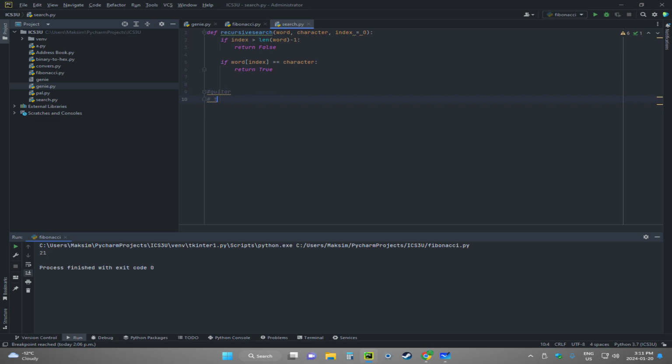And the way we search through this is just by looping through the indexes. So in this case, we found our character in our string, but what if we don't find it? What do we do then? Right? So it starts at 0, and we search for G. It's not it. The word at the index 0, right? Because the index starts at 0. It's not equal to the character